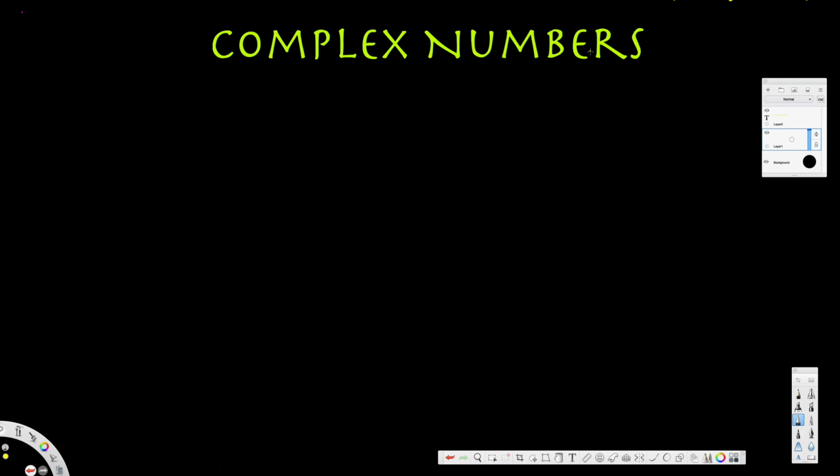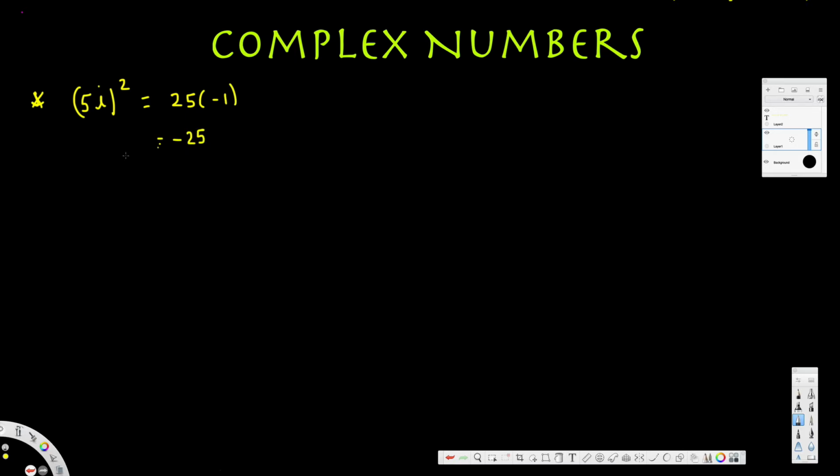In my previous video I showed you how to add and subtract complex numbers. Here we are going to see how to multiply complex numbers. Now let's look at an example. Let's say we have the number 5i and we want to square this. 5i squared: 5 squared is 25, and i squared is -1. So 25 times -1 we will get